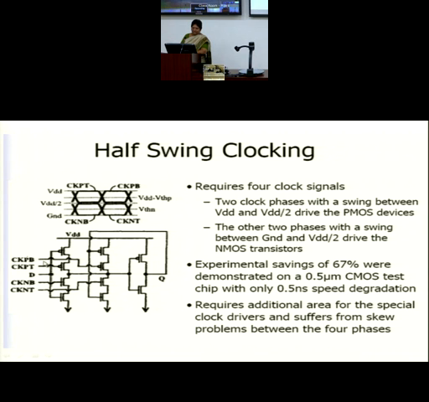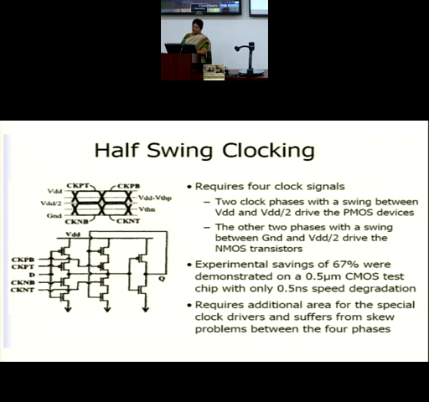Okay. So now look very carefully, how will it operate? This is how you are generating the 4 clock waveforms. So clock PT and clock PB. PT is rising from half to full VDD. The PB is falling from full VDD to half VDD. Look very carefully. Similarly, clock NB and clock NT, again they are complementary clock waveforms, swinging only between 0 and half VDD.